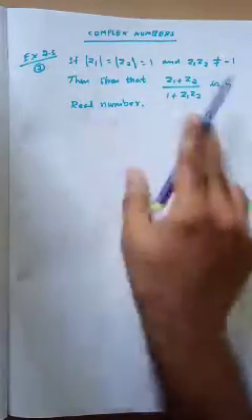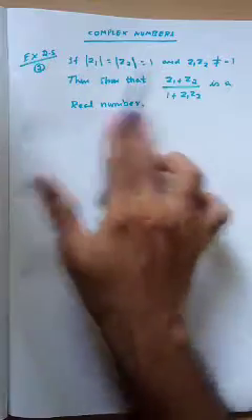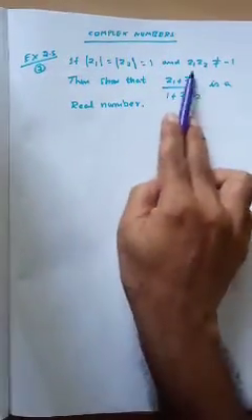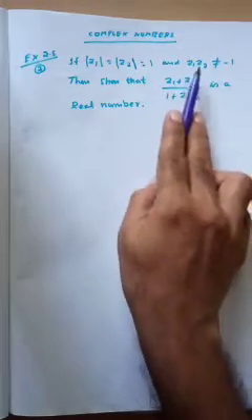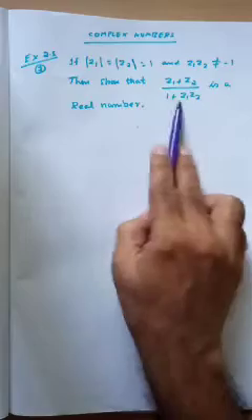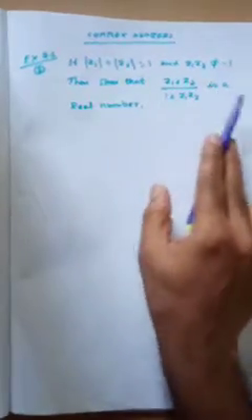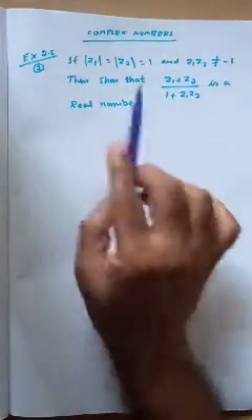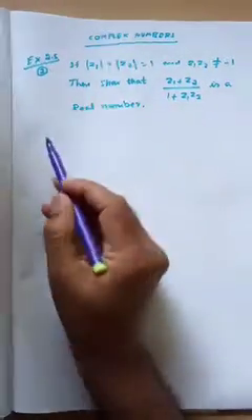There is no number given here, all things you have to prove using only the properties. This is given because of this one. Z1 Z2 is not equal to minus 1. If it is minus 1, 1 plus minus 1 becomes 0, and number by 0 will become infinity. For that purpose this is given, so no need to worry about this at present.